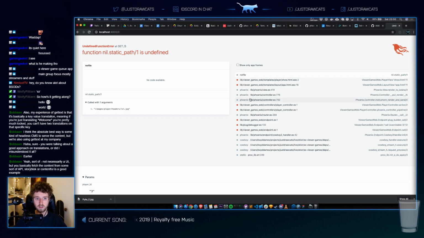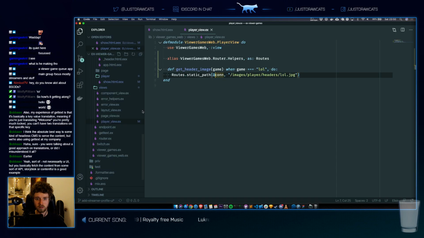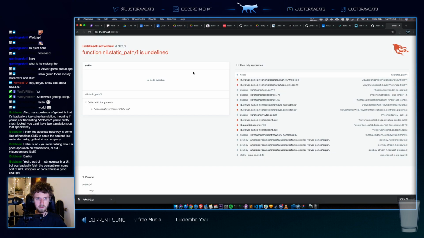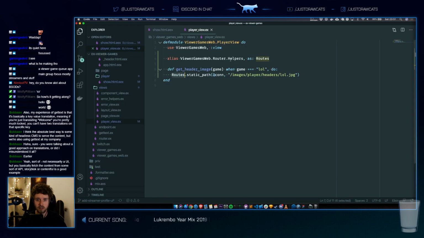Hey, why does this say is undefined? Nil.static path. Wait, why does routes not exist?